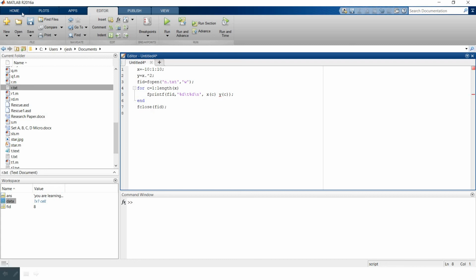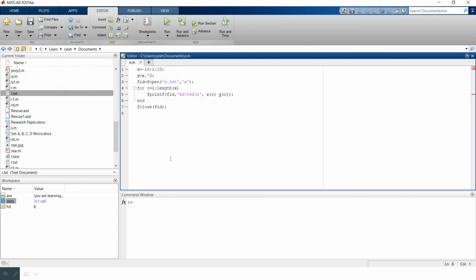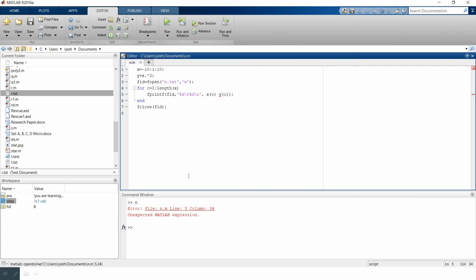So let's save this program using cn. Now let's run this program.